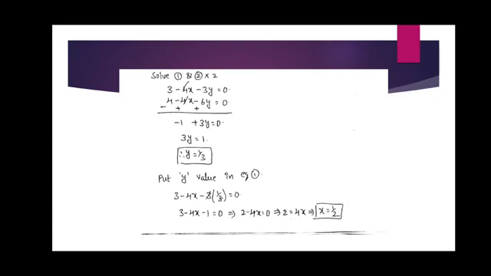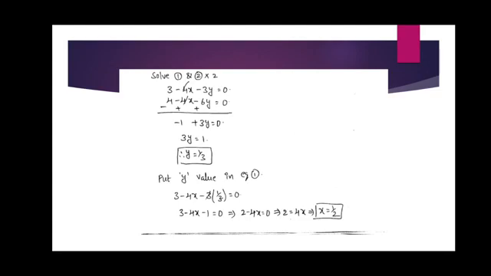In the previous step, y is equal to 1 by 3. Okay, these are the values of x and y. x is equal to 1 by 2 and y is equal to 1 by 3. Using these values, after finding them, we calculate a, b, c. So first we calculate a.